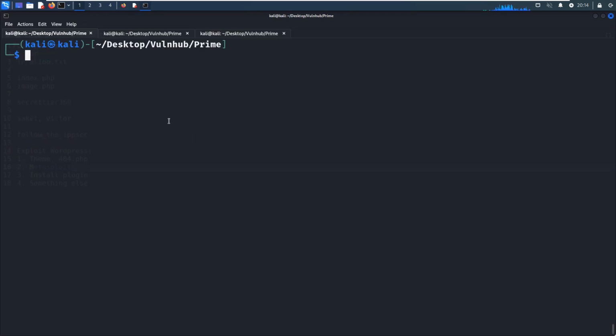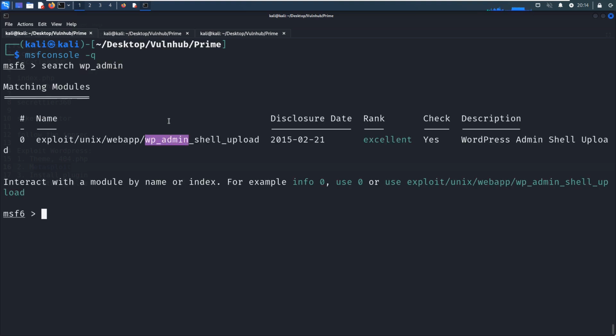We can launch the Metasploit console. And then there is one module for uploading a web shell to the WordPress. I cannot remember its exact name, so maybe I can search.